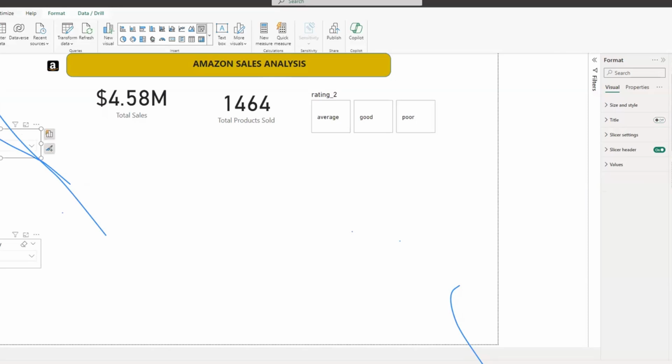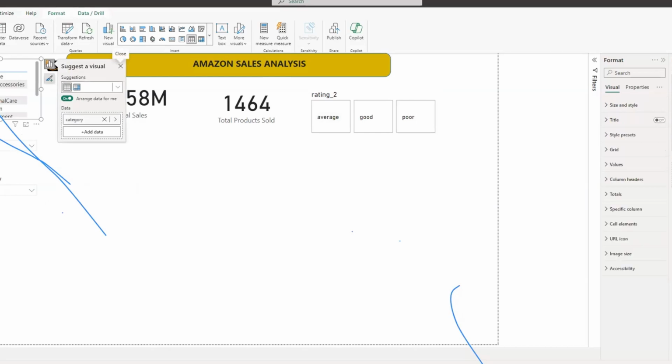If we need to have more filters, we can do that. We are not going to use the product as filters because we have a long list of products. So let's start building. Let's see, category by sales. Let's say the category that made the highest sales. Okay, so if we select category and we select discounted price,